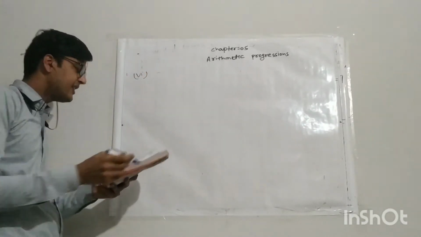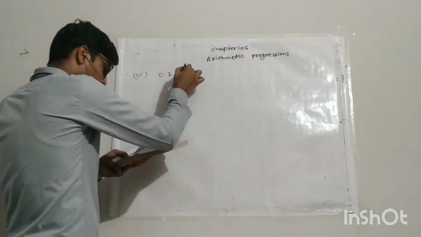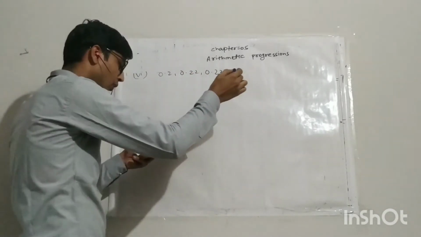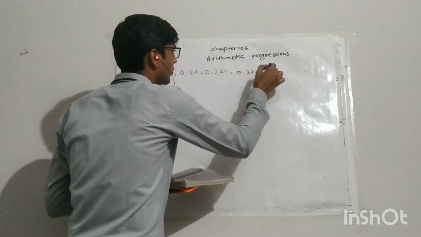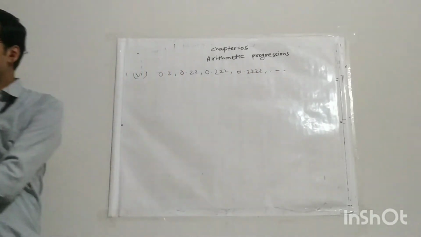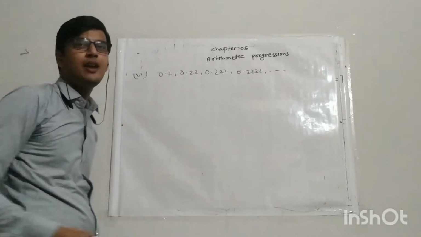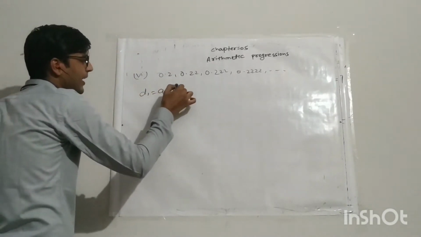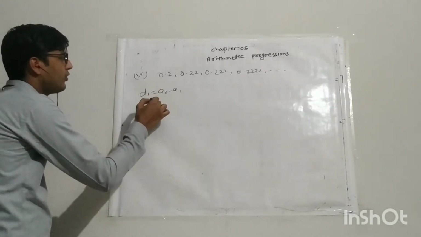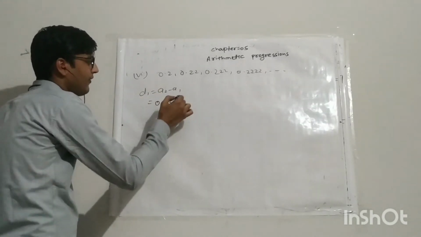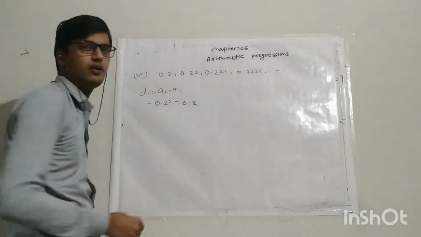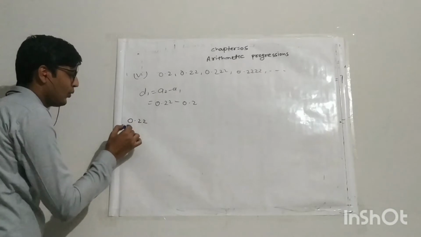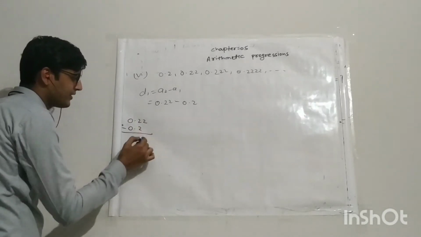Now question 6 is 0.2, 0.22, 0.222 and 0.2222 and so on. So first we check whether this series is in AP or not. So we find the common difference. D1 is what? A2 minus A1. The value of A2 is 0.22 and the value of A1 is 0.2. So 0.22 minus 0.2 we get